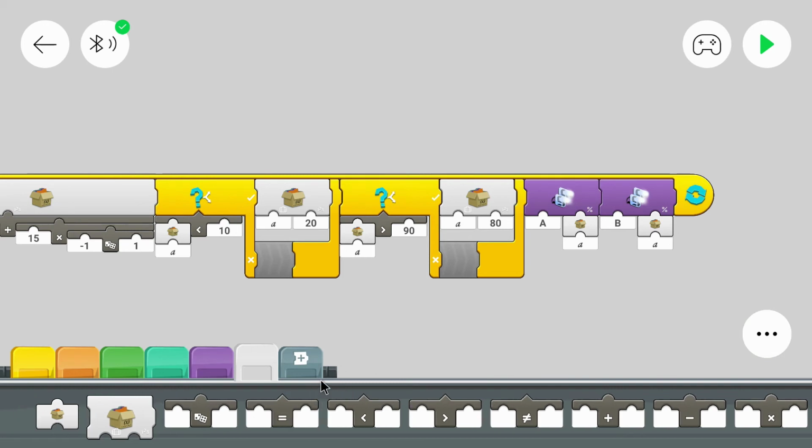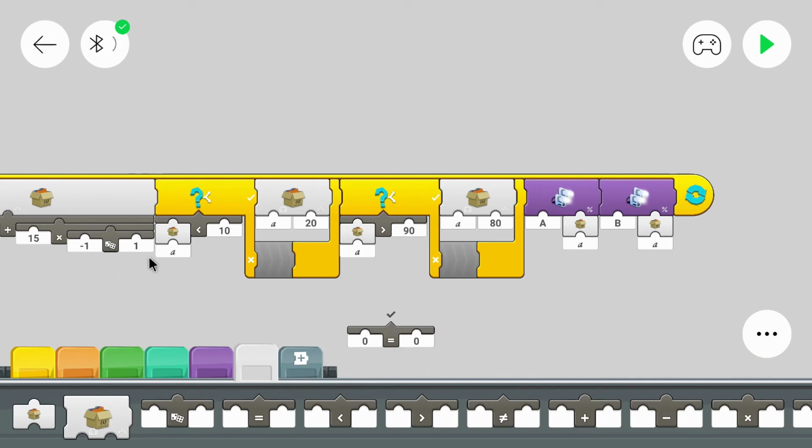We could also use this block and check if the variable is equal to 10 or equal to 90. Maybe you can think of a good reason why we don't use that. The reason is that with the equal block we only check if the variable is exactly the same as another value. But let's say that we check if it's 90, but it jumps to 95 for some reason, then it won't be true, although the variable will get above 90. So we check way more values at once when we use this greater or below block. But there are situations where the equal block is good as well.